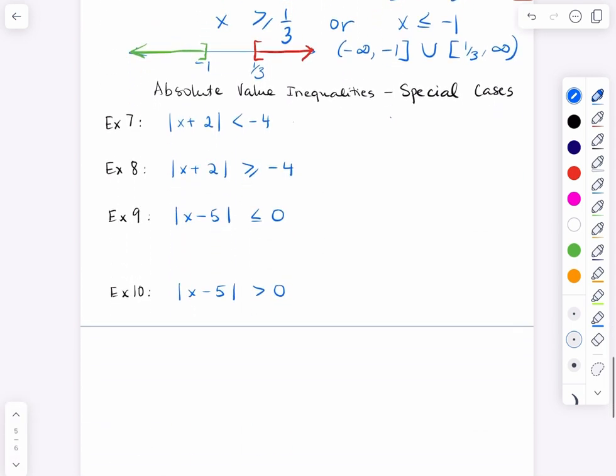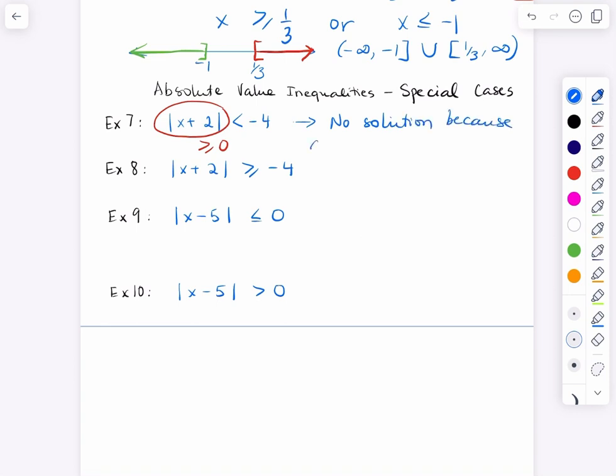There are some special cases that we need to look out for. So the first one, we have the absolute value of x plus 2 is less than negative 4. Now, we already learned that this describes a distance. And if it is a distance, it has to be greater than or equal to 0, because a distance cannot be negative. So we can't have something that is greater than or equal to 0 and less than negative 4 at the same time. So this statement actually doesn't make sense. So we can say there's no solution